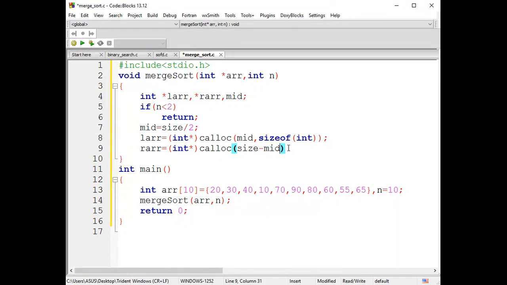Guys, just look at it and let me know, is it clear? If you want to calculate the first half, that is fine, I can mention size by 2. For the next half, I don't know the size, and I can't roughly say mid minus 1 to n. So directly I can do it like this. I know the size of this array, so size minus mid is going to give you the next half size. Is this clear? Just give me confirmation. Is that clear or do you want me to repeat again?